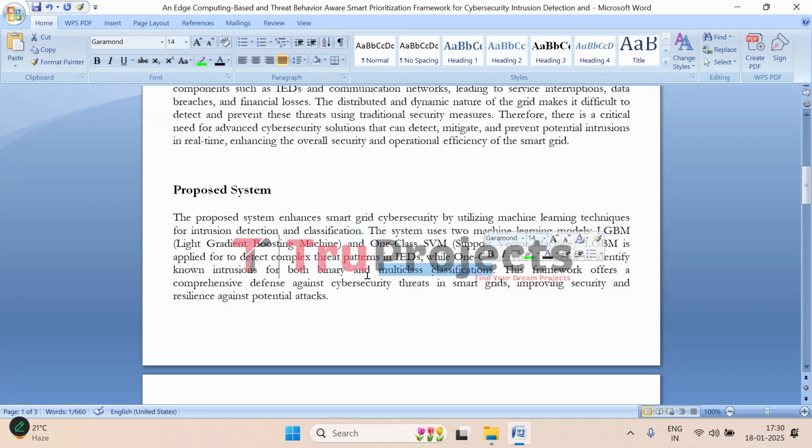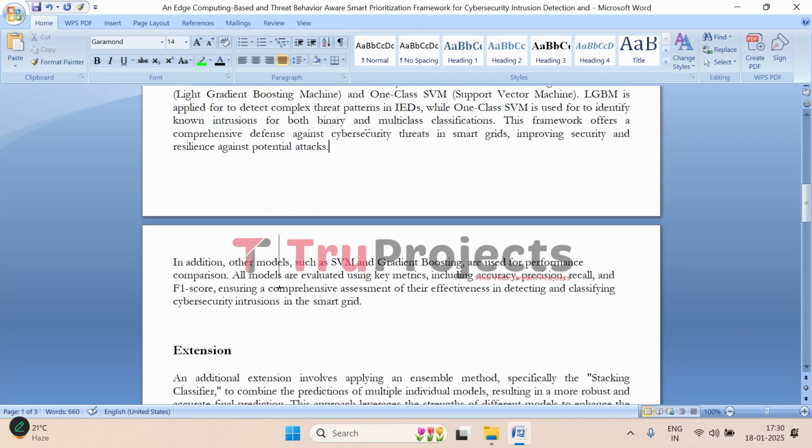Here, multi-class refers to which type of attack it is, or there is no attack. So those two models are compared for both the classifications, binary and multi-class. Together these models make up a solid defense system against cyber threats, making the grid more secure and resistant to potential attacks. Alongside these two models, we have also used other traditional models like support vector